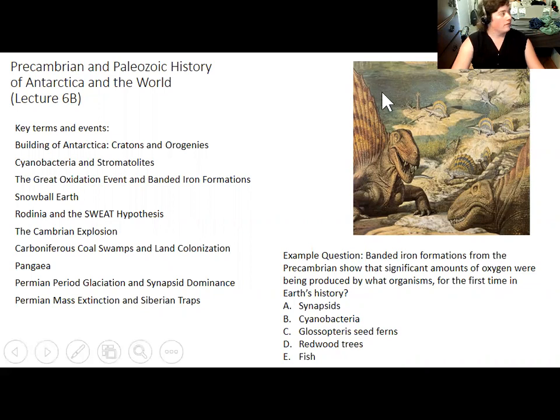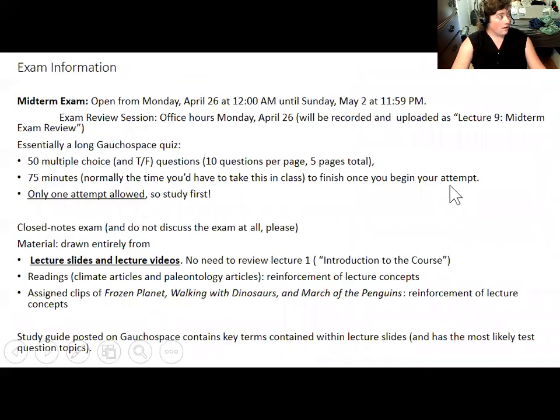So as for the midterm, it will open next Monday, and I will have this slide also in the upcoming lecture that I'll be recording for today. There will be a review session next week that is what I will be uploading and recording as lecture 9. So that's going to be one of the very few times I do a synchronous lecture, and I will be recording it and posting it for people who can't be there, obviously, but that's going to be a review session focused on everything we've covered up to this point, including the lecture 8 on marine life that I will release